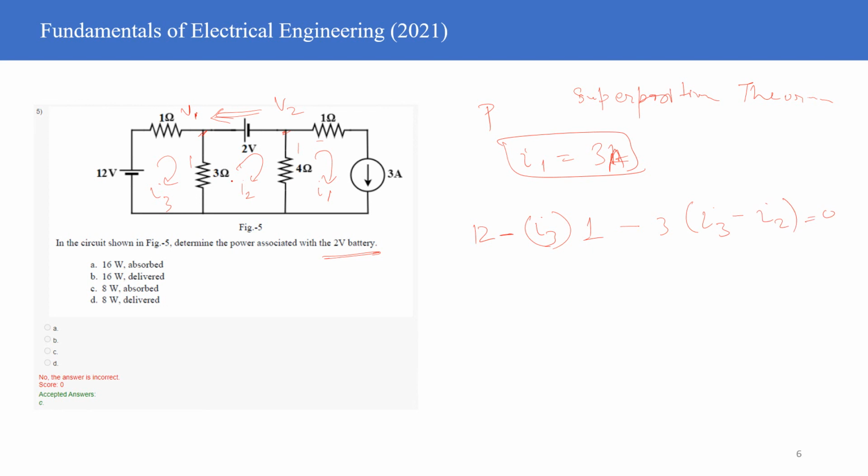Why minus I2? Because I2 direction I've taken like this. So I3 is flowing like this and I2 is flowing in the upward direction. So the effective downward current is I3 minus I2. And since I've taken the effective current direction as negative here, the minus sign is there because you are flowing in the direction of current. And you have this particular equation with you. The second equation is